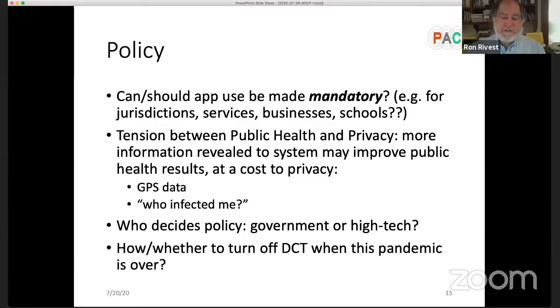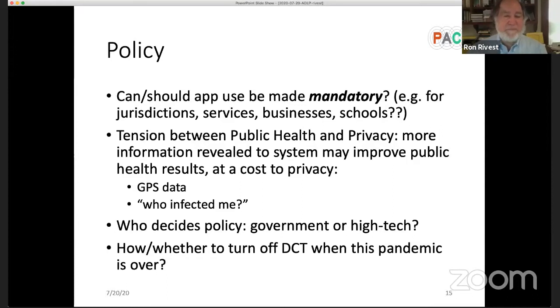And then there's a question as to, does this app get turned off when the pandemic is over? There's going to be another pandemic after this one. Maybe you should have the pandemic app just loaded in, ready to go. Maybe it should just be turned off. Maybe just the data should be erased. What are the policies for what happens when the pandemic is over, assuming it's over? I mean, this could be chronic if we're not careful. Assuming